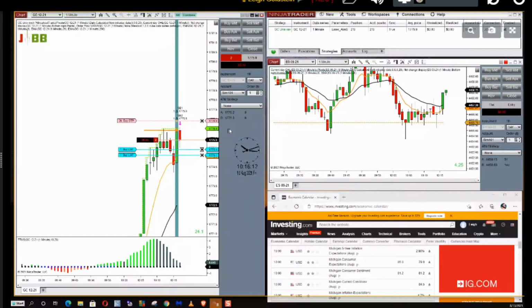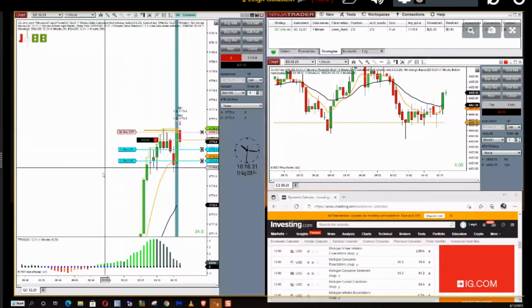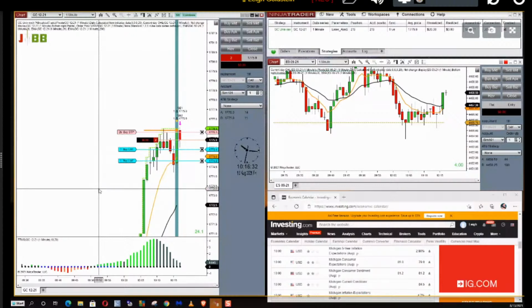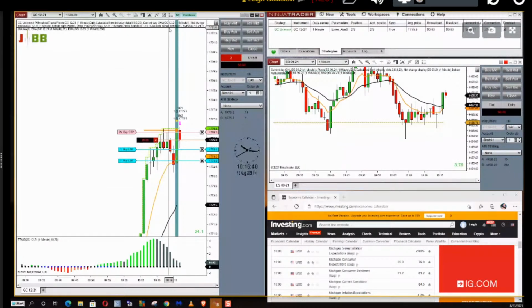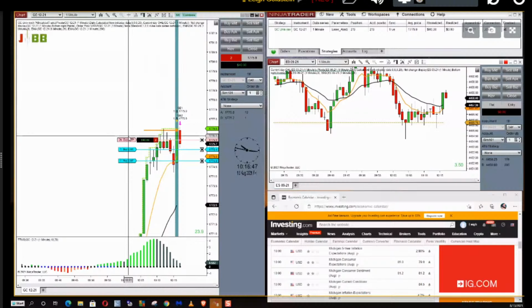This is strictly a discretionary trade, and you can use our software to trade discretionarily anytime you want. You don't have to trade reports, right? You can move your targets around. You could make bigger targets. You could make your stop smaller if you don't like a trade. If your trade is profitable, we have a break-even button, but the trade must be profitable by a couple of ticks or it won't do anything. It'll move your stop to break even. Bingo, I hit the break even button. It moved my stop to break even.